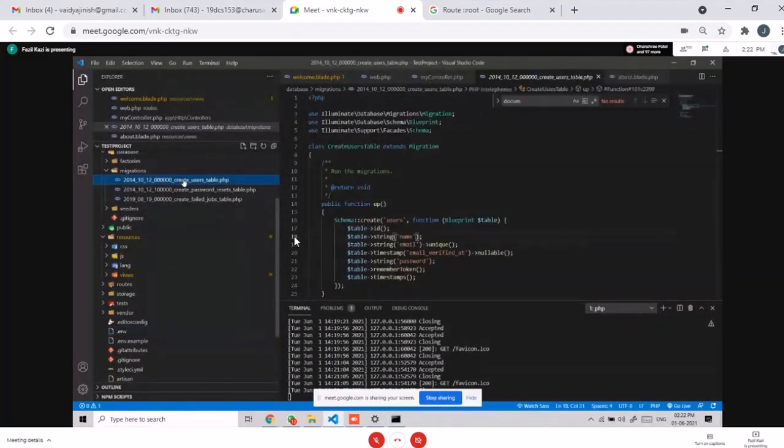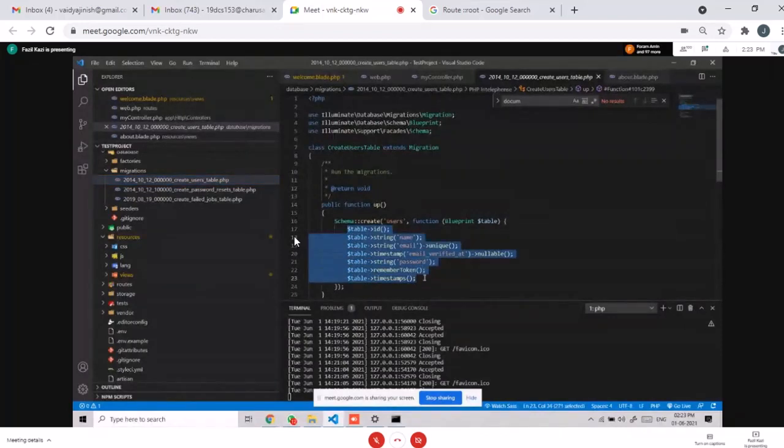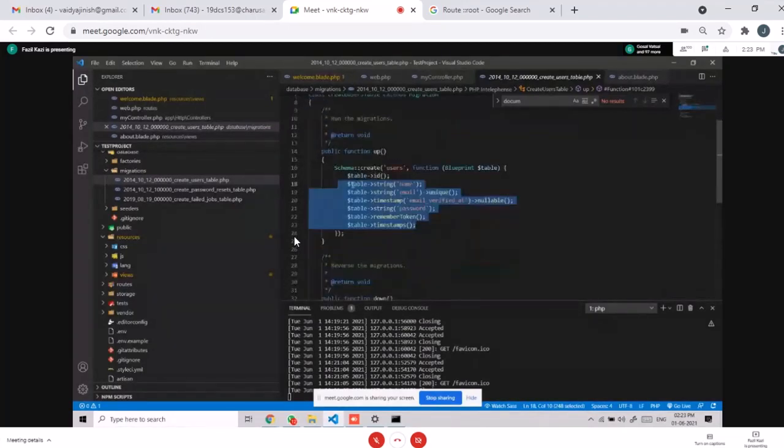This will come in very handy if you make a project and forget to take a backup of the database, or if you change one or two columns in your database and then forget to take a backup. Every time you install that project, you would need to add the two columns to the database again and again. In this way, you can just create a migration here and migrate the tables directly to the database in a single command, which is php artisan migrate. It will migrate all the tables from the migrations to the database.